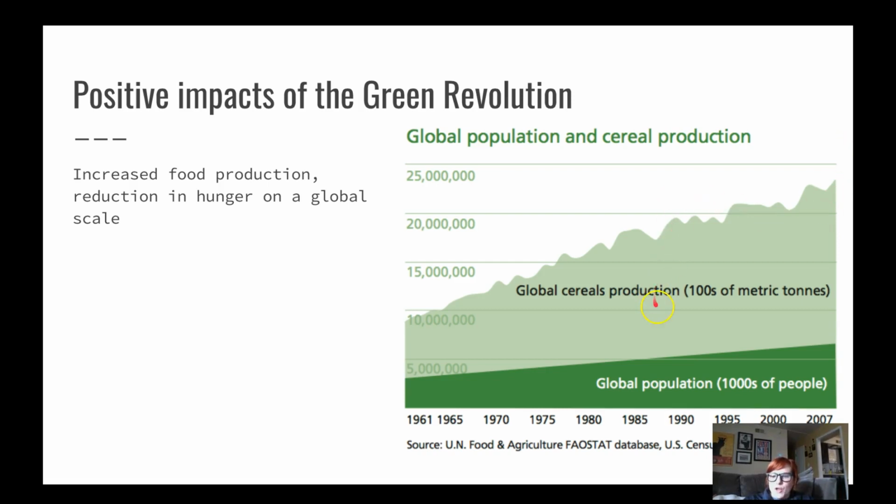And then this is on a global scale. It shows you that there has been a huge increase in cereal production. And just a reminder, when we say cereal, we're talking about cereal grain, right? We're talking about grain production. It's not like all of a sudden people started eating a lot more Fruit Loops, okay? Obviously. That would be a silly thing to measure.